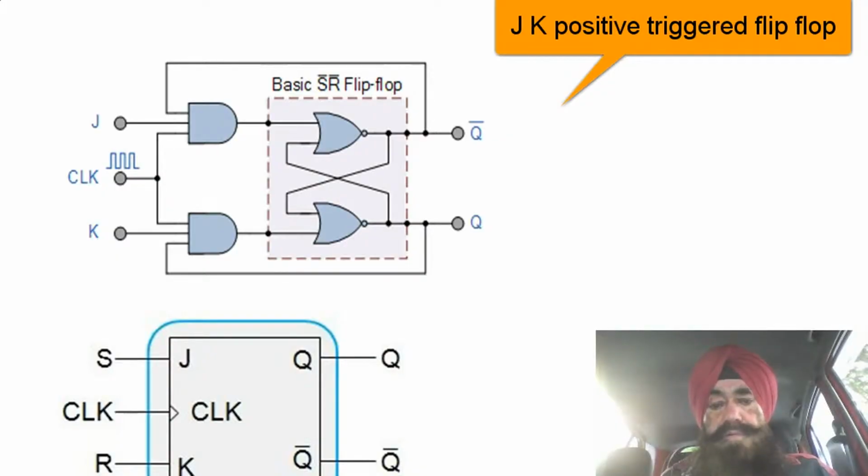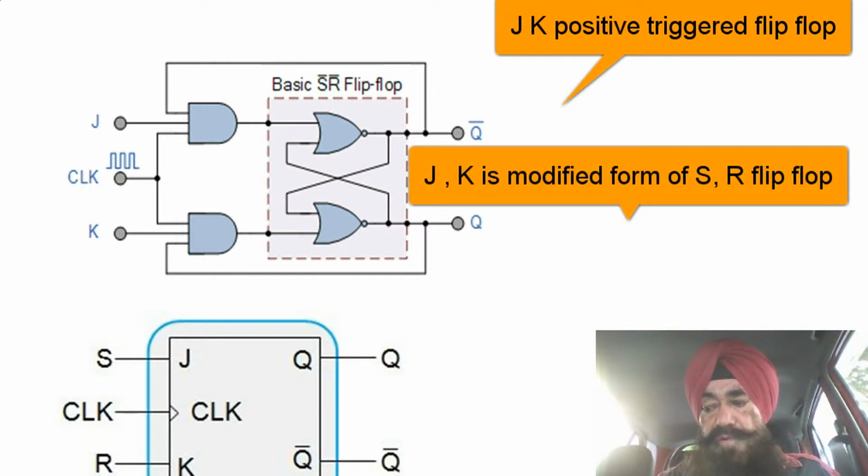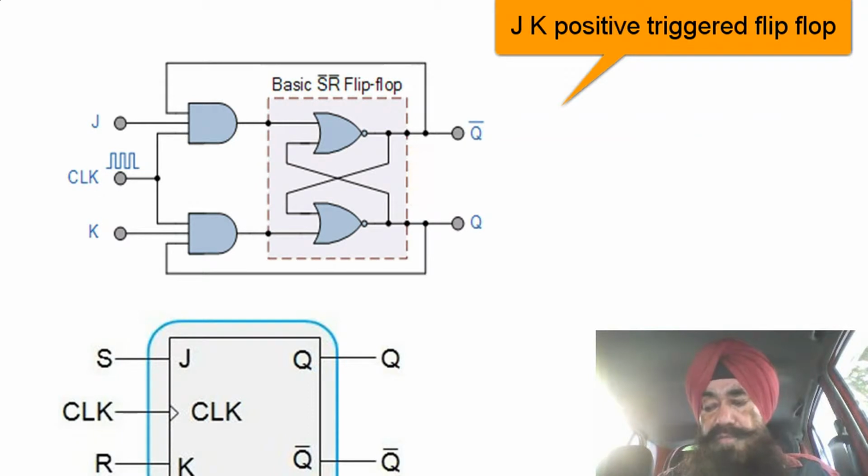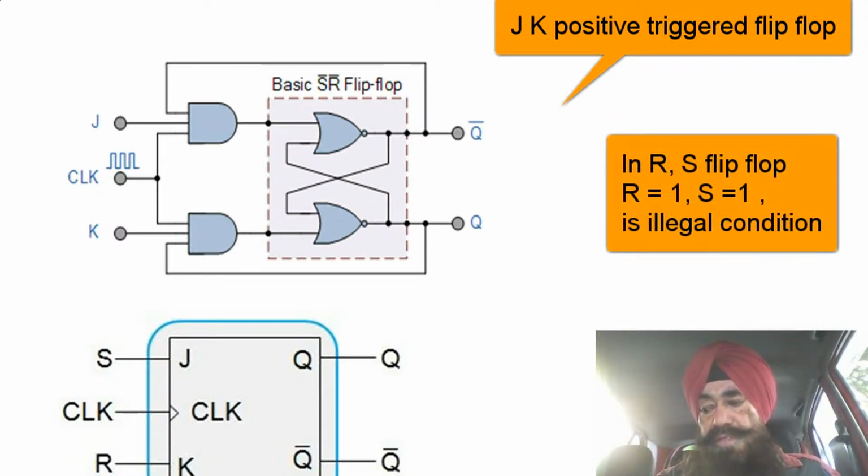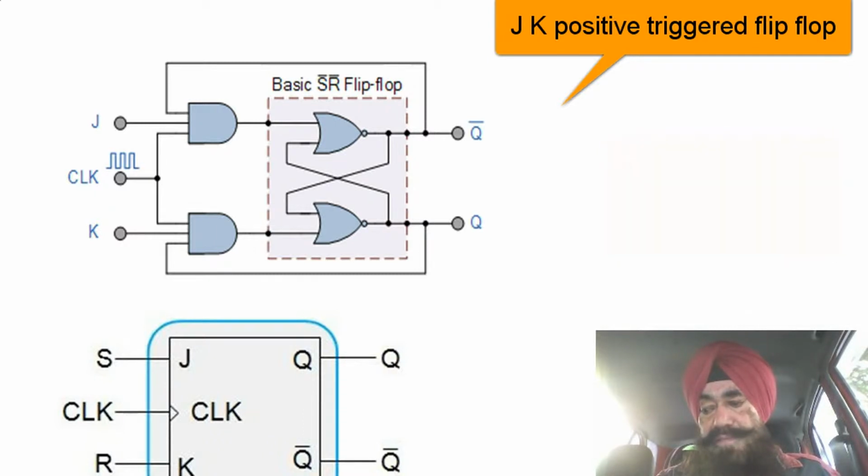Hello, my dear friends. Today I will discuss with you the JK flip-flop. Actually, JK is the modified form of the RS flip-flop. But in case of RS flip-flop, there was a limitation that when R and S both are equal to 1, then there was an illegal condition because